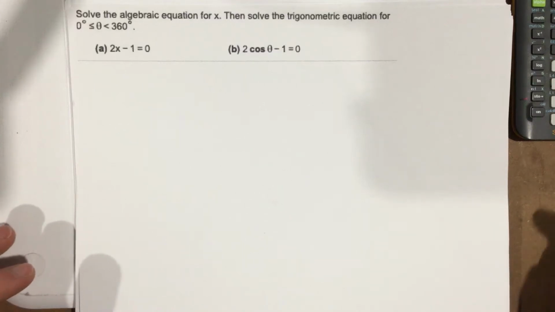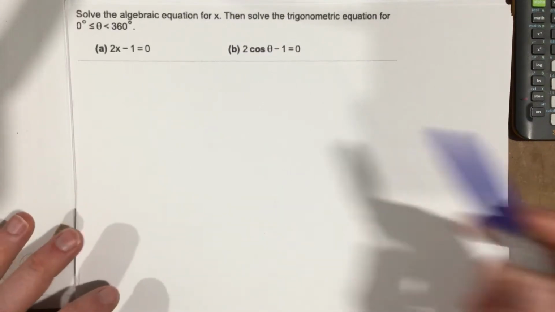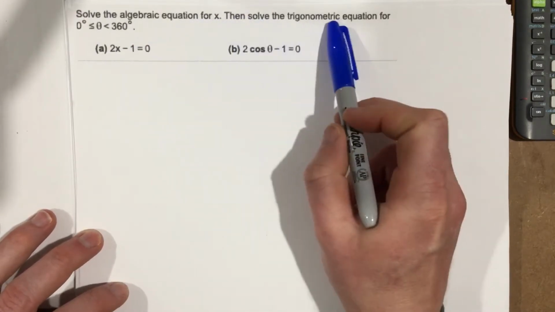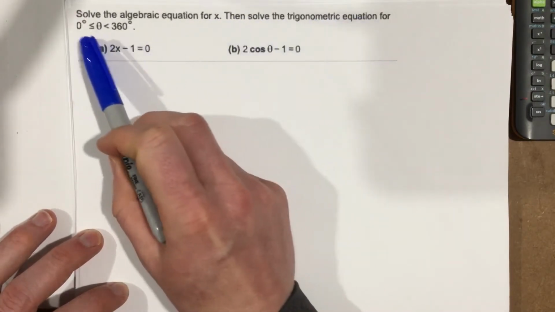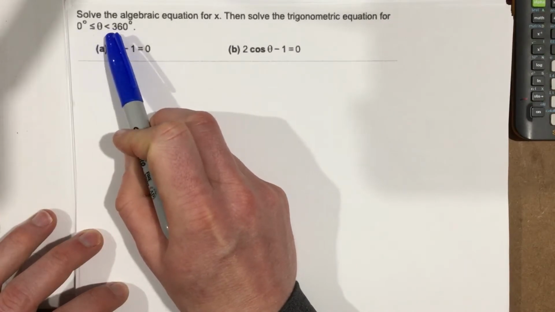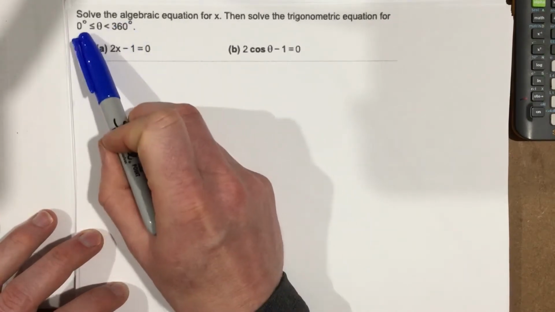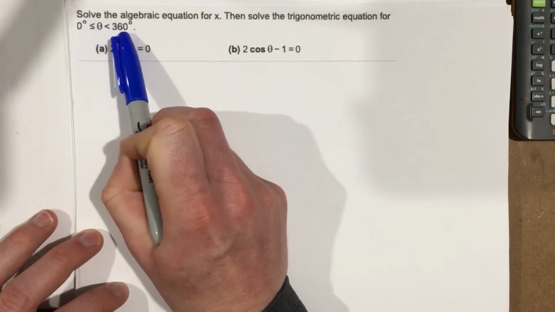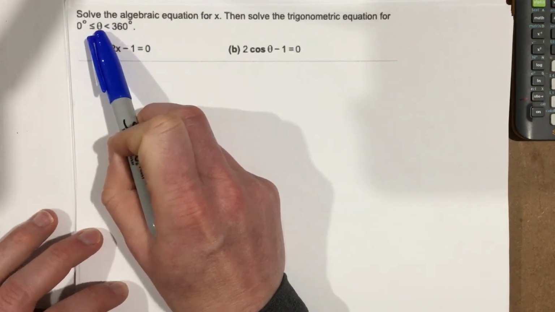This is problem number 1 from section 7.3. They ask you to solve the algebraic equation for x, then solve the trigonometric equation for 0 degrees less than or equal to theta less than 360 degrees. Now all this means, 0 less than or equal to theta less than 360, is they want you to solve